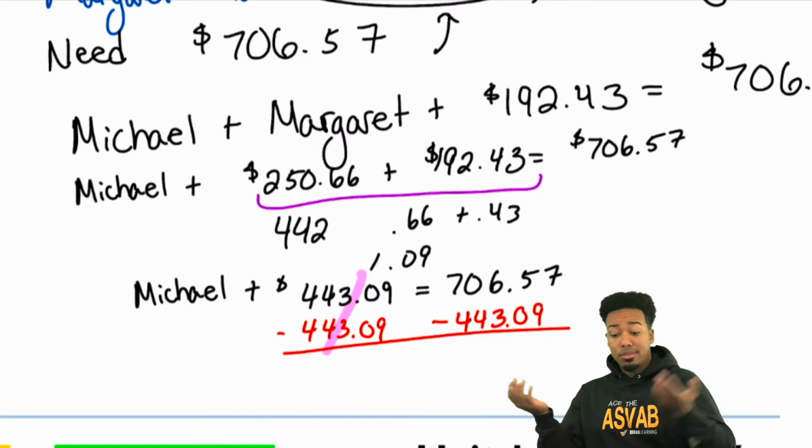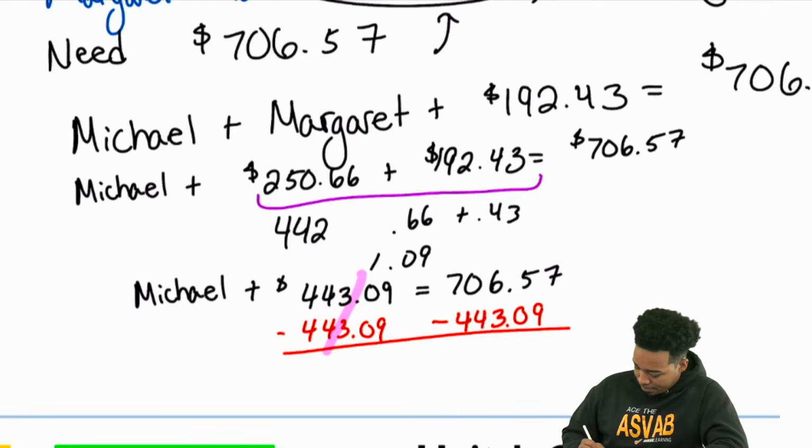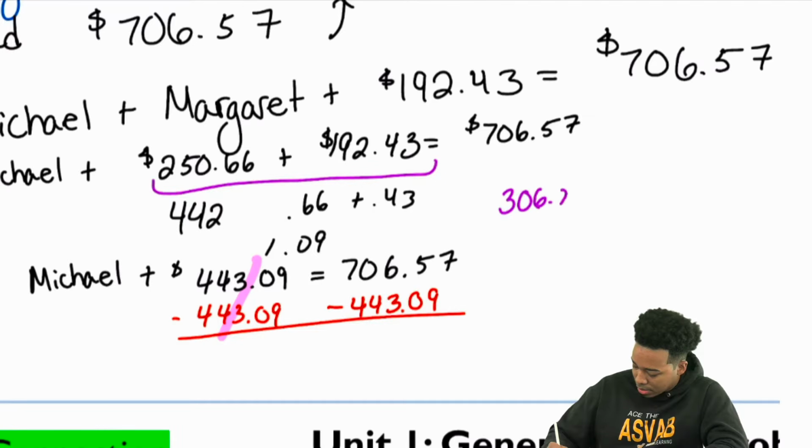If you know your mental math, this is going to be pretty fast. So let's go ahead and dive on in here. Let's use some mental math again. Basically, I can turn this into 706 minus 400. So 700 minus 400, that's going to be 300. So we'll have 306.57